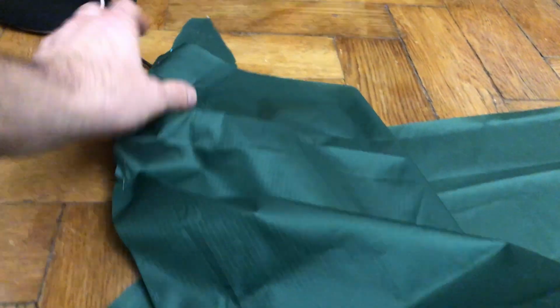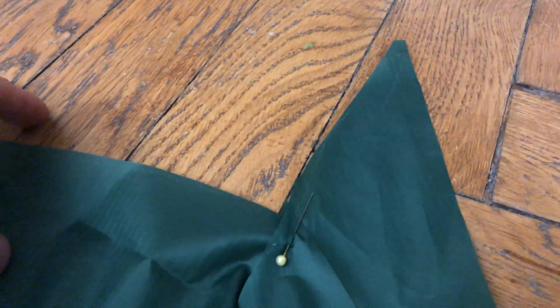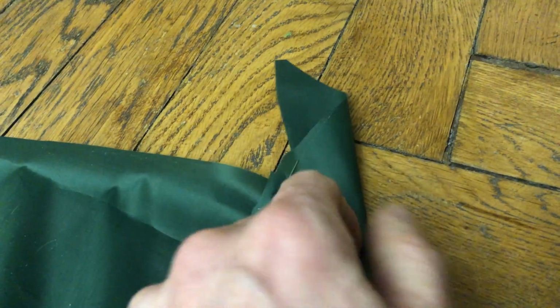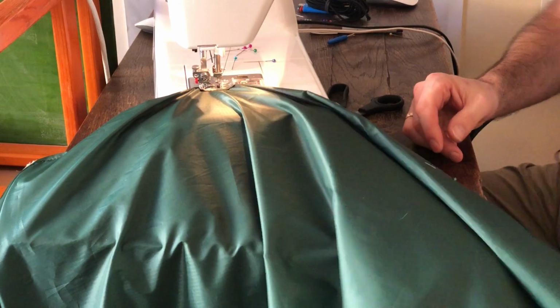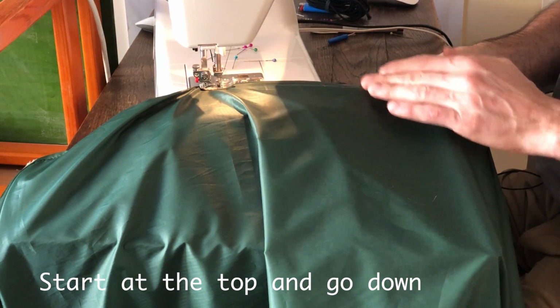Now, one thing you're going to notice when you do this is that your door is going to be slightly longer, a couple inches, 2 or 3 inches. Same on both sides. Do not panic. This one's actually a little bit longer, this one's like 3.5. Once we do this stitch and fold it, and then hem this side, it's going to be smaller, and then we just tuck it and put a patch underneath for reinforcement, so you're not going to see it. So we're attaching the first part, the wrong side versus the wrong side of the door panels to the